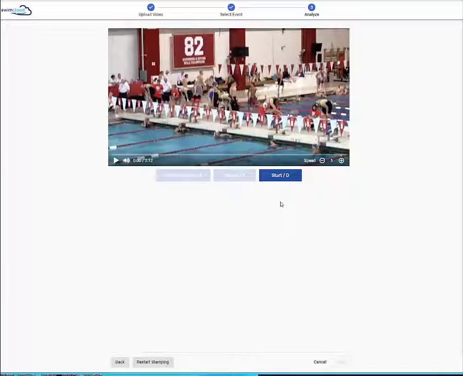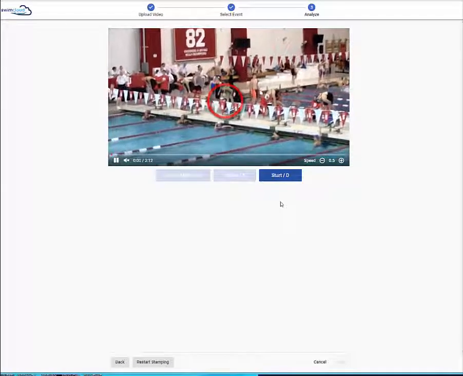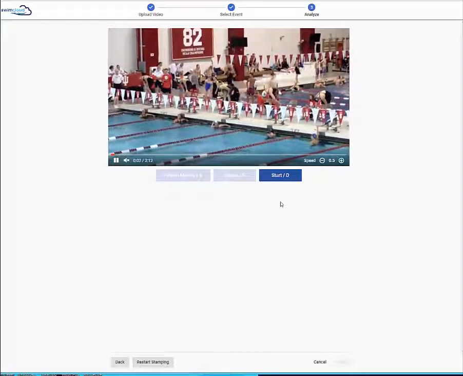So a little bit more setup here before we start this. I'm going to mute the sound over here on the left, and I'm going to take the speed down to a half. Okay, so I'm going to hit play, and we're doing the swimmer in the middle here, which should be circled. Hit play,